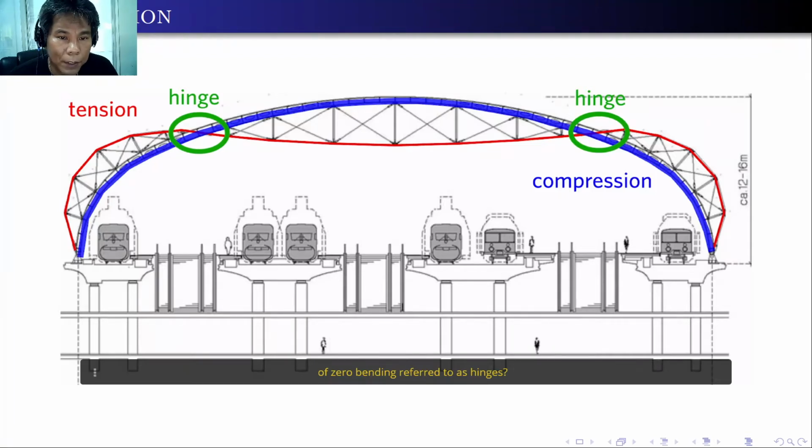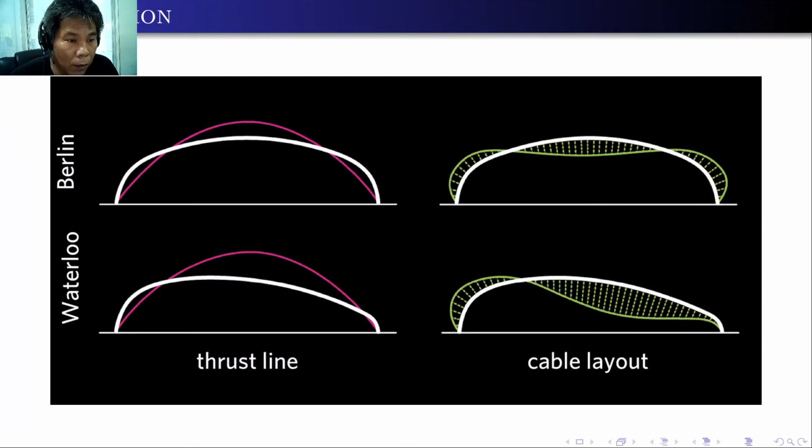Here is a space truss that was designed in Berlin Central Station. As you can see, the blue portion is in tension and the red one is in compression. And also it was specifically designated that there will be hinges in between. Of course, they were able to analyze that one accordingly. As you can see, there are two types of trusses: the Berlin Central Station and almost the same with the